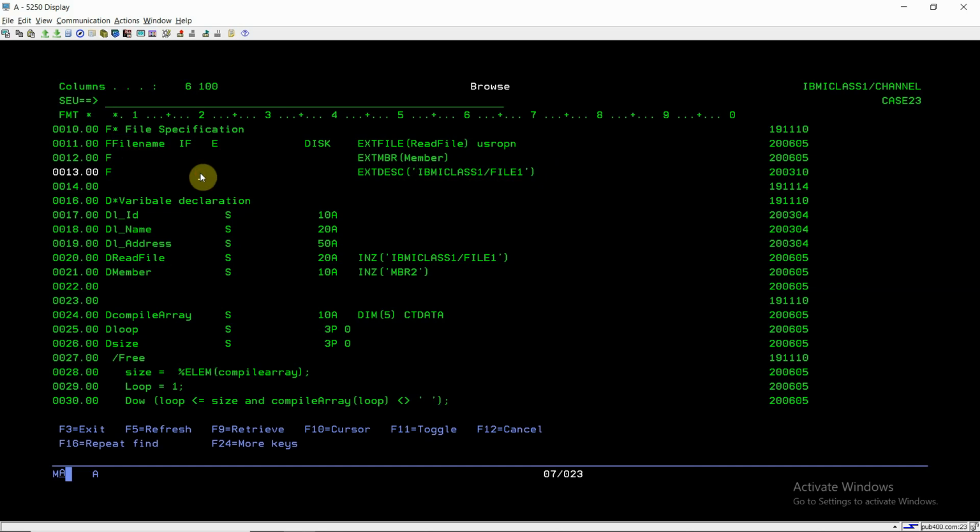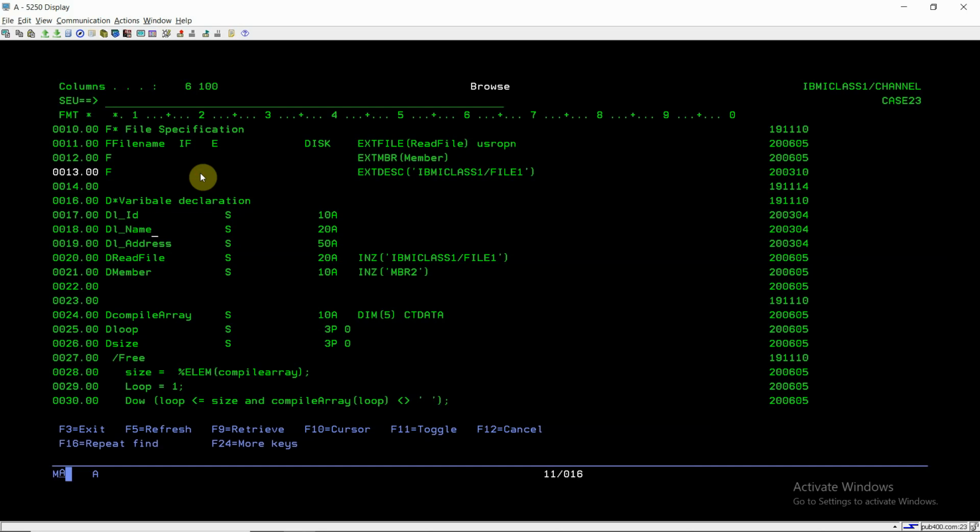If we are not specifying the xcdesc keyword, we need to override that file name with the file which we are reading in this program. So that's one more step. We are reducing that compilation step, removing the need for the override from outside the program before compiling it. So we just need to compile our program. We don't need to override this file name first and then compile. This is the benefit of using this keyword.